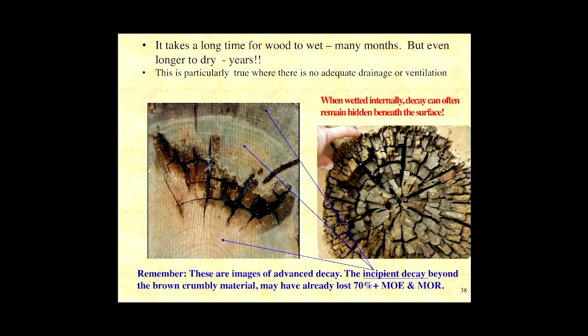This is advanced decay, that's advanced decay. The outside of this timber right here, look, you can't see it really, but it looks perfectly sound. Water penetrated through this check and through other surface checks to get into the interior and cause that. The advanced decay still should be somewhat obvious. It's this area here that we need to be concerned about too, which has the incipient decay. Incipient brown rot decay is a problem, as we've already discussed.